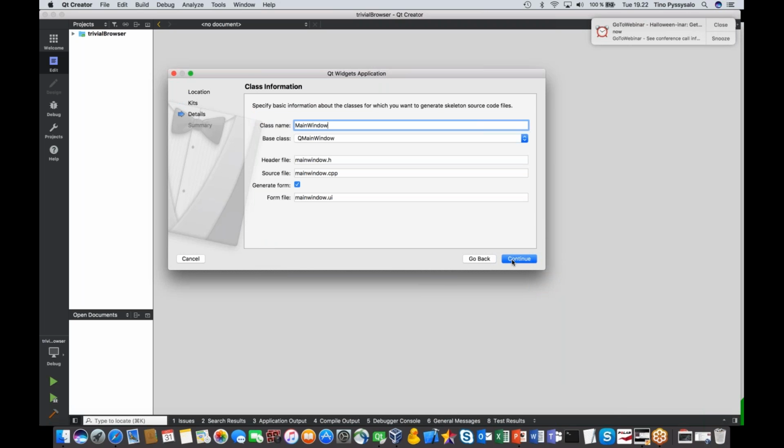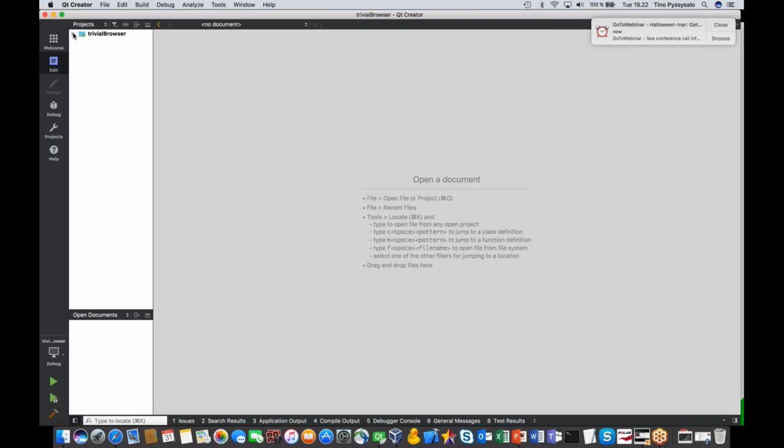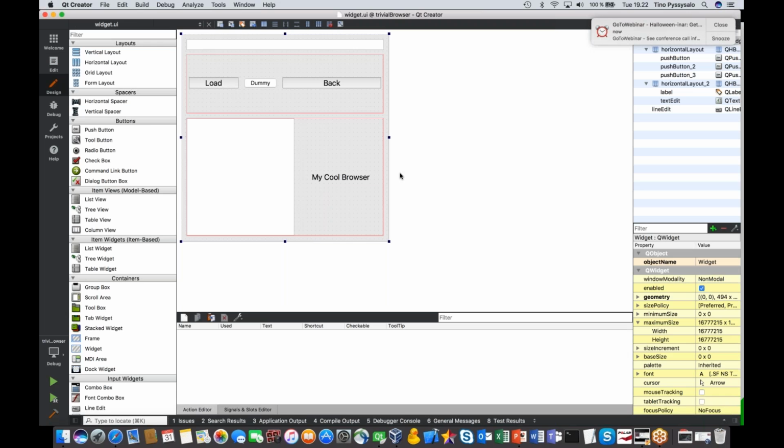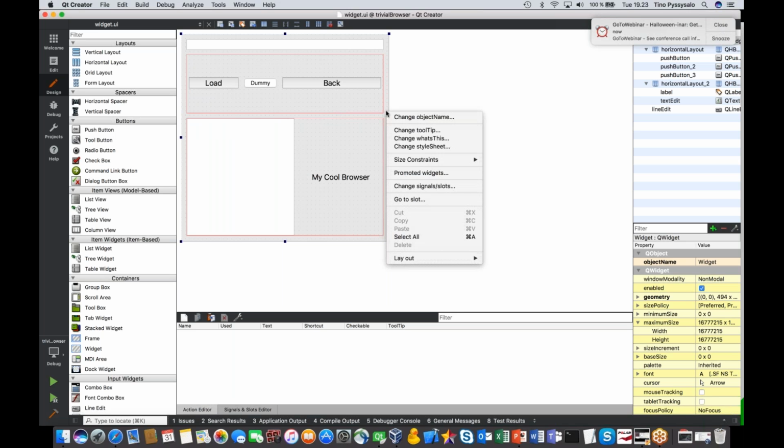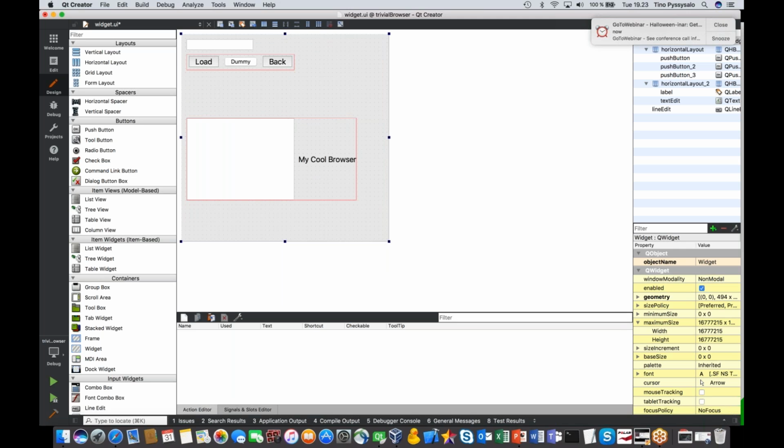Okay, and then you continue, create a project, and what will be created? It will create some kind of a user interface and then a form where you can design your user interface. And to save a little bit of time, I actually have created a simple project where there is a simple user interface. You can see that we have a designer where you can just drag and drop different items and apply a layout. You see that the layout objects are there. You can just drag and drop them. If I break the layout for a while, for demonstration purposes, you see